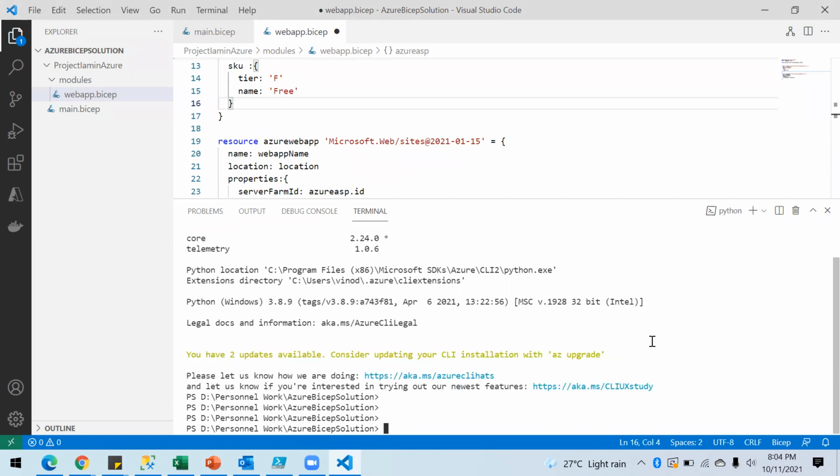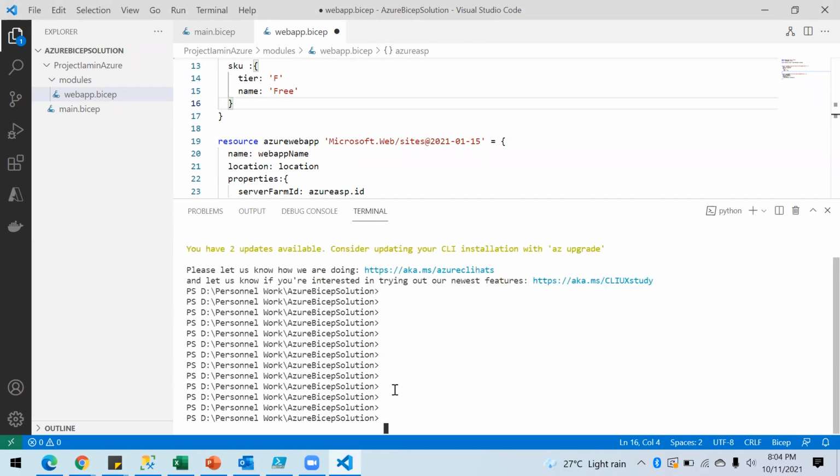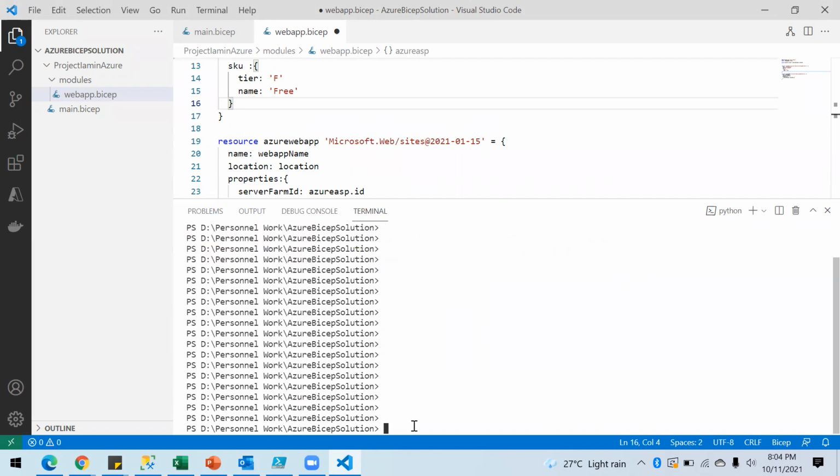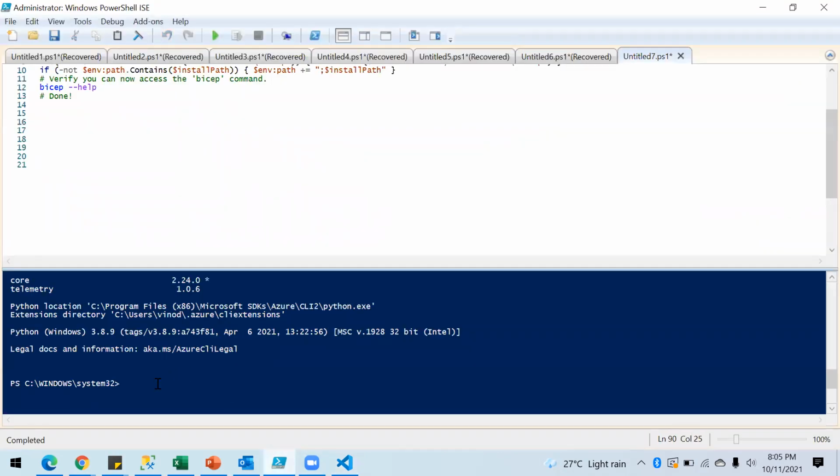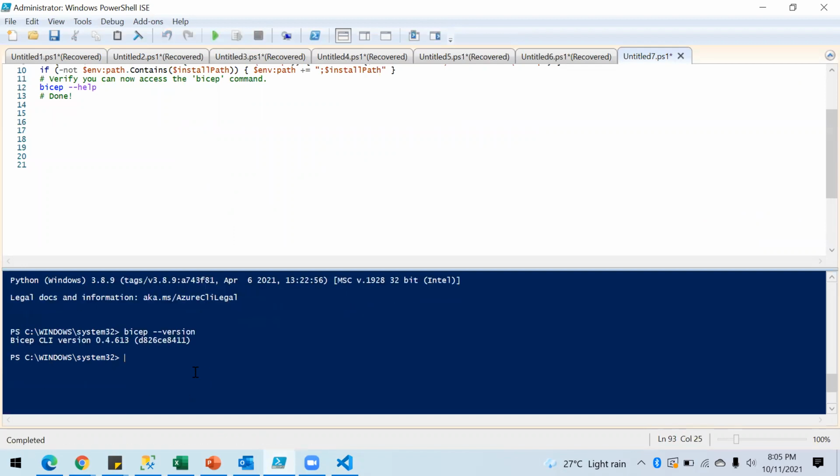Then I'm going to check the Bicep version as well. Okay, it is working here, and the az --version is also working here.